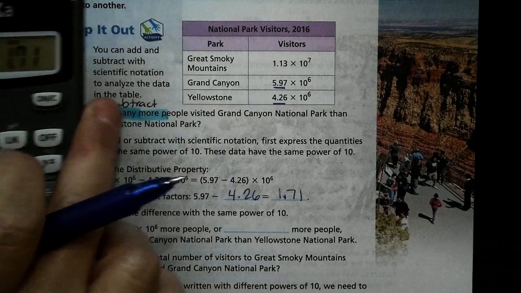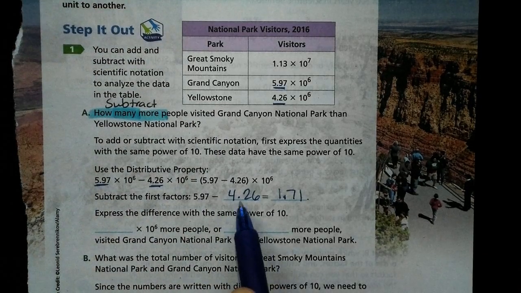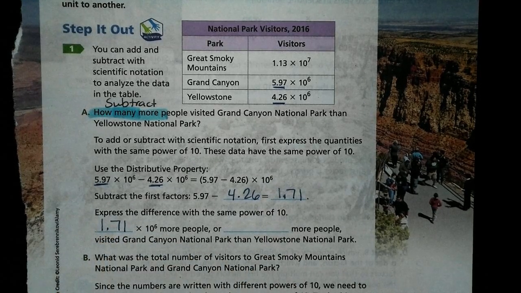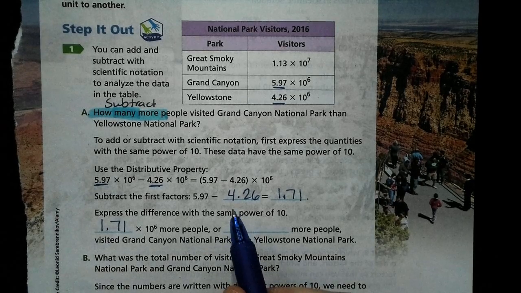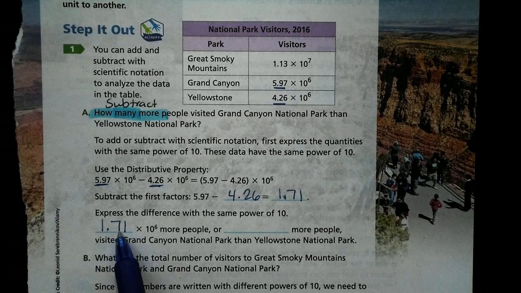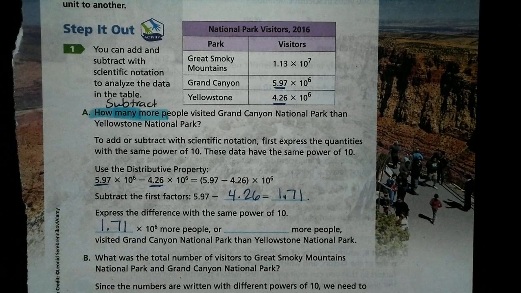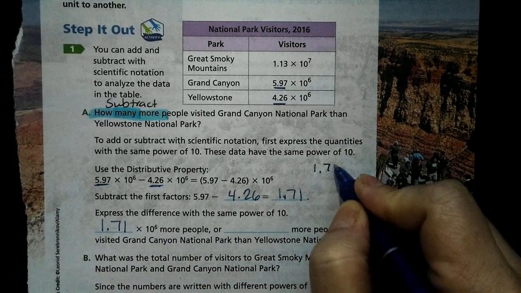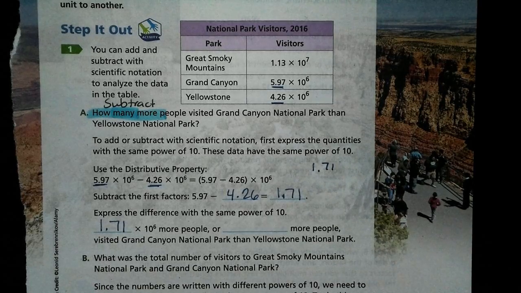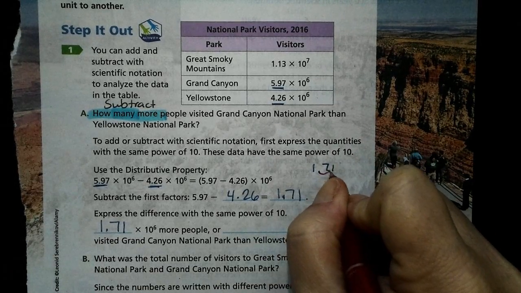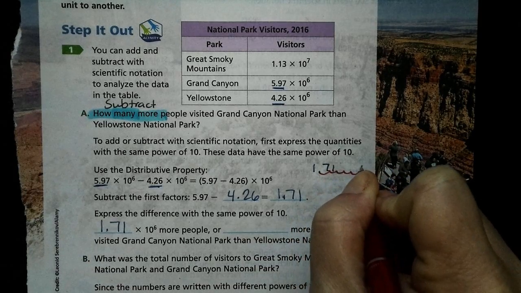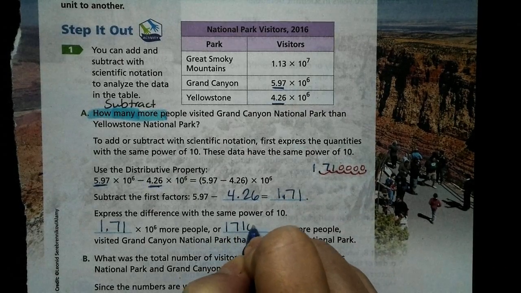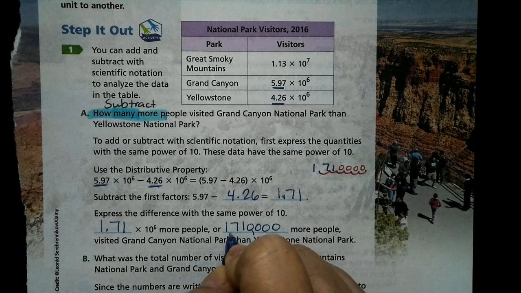So now that we have that, and we know that their powers of 10 are the same, we don't need to do anything with the powers of 10. So right here we have 1.71 times 10 to the 6th power. Or how many more people? So they just want us to move the decimal. All right, so remember, we move our decimal the number of times the exponent is. So I'm going to come over here to the side so I have a little room. So I need to move my decimal 6 places. So 1, 2, 3, 4, 5, 6, and I add in my zeros to the missing part. So I have 171 with 4 zeros, and that gives me,